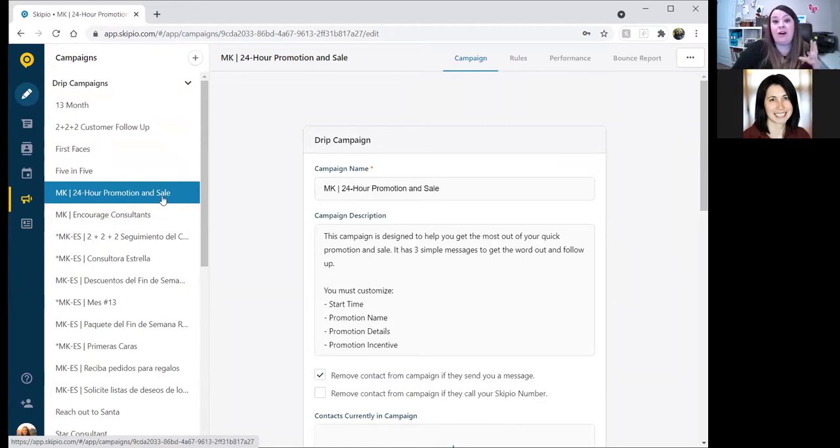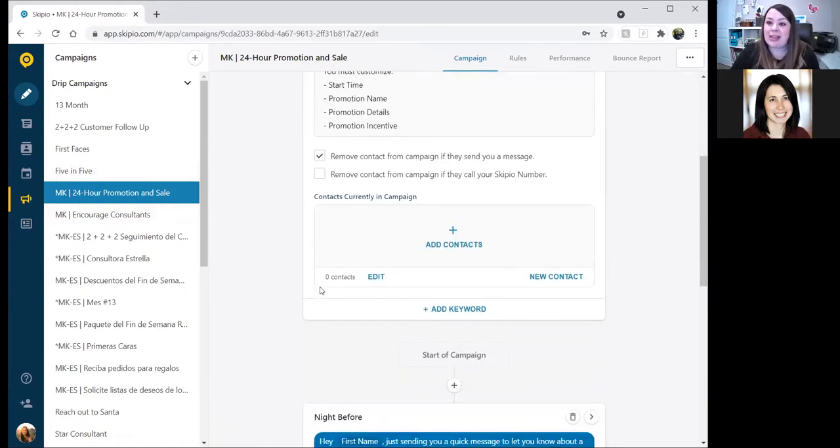Now, with all campaigns that you import, whether they're shared from another user or they come in from our resource center, you always want to read through them and customize them, maybe change the verbiage up a little bit so it sounds like you. The templates are great, but they are very generic so that they work for everybody. So don't hesitate and make sure that you go and read through those campaigns, that you understand what the messaging is saying, and make sure that sounds like something you would say. If it doesn't, you might want to tweak it just a little bit so that it sounds more like you